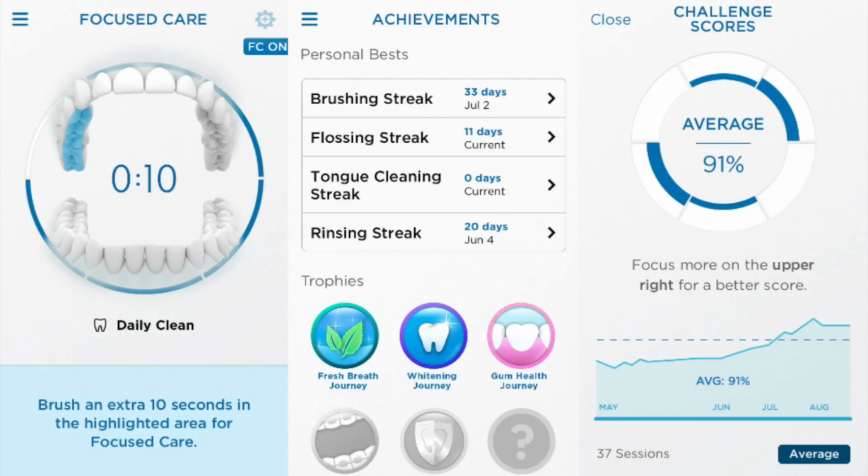So it does come with an app to guide you along and help you along as well. So if you want to download that, that's super fun as well. I don't always use the app, but it is super helpful and it does give you lots of information. It's got like a teeth whitening journey, so you can track how your teeth are getting whiter over the time